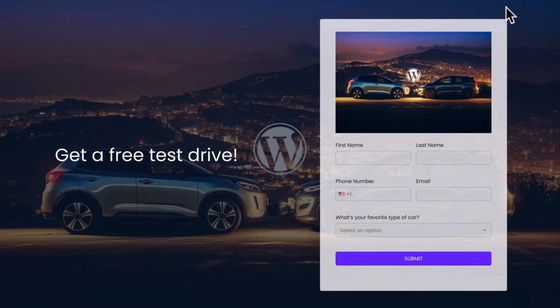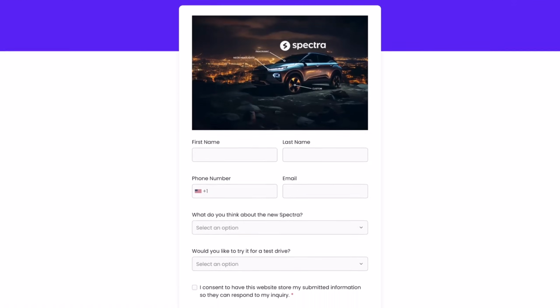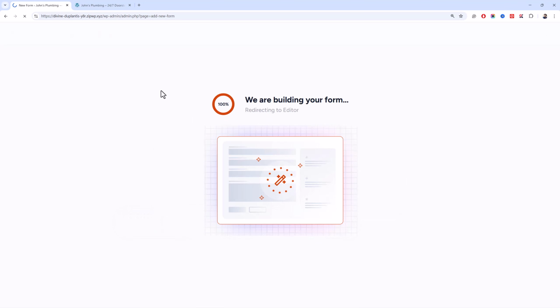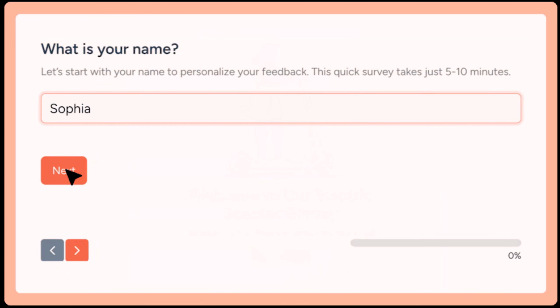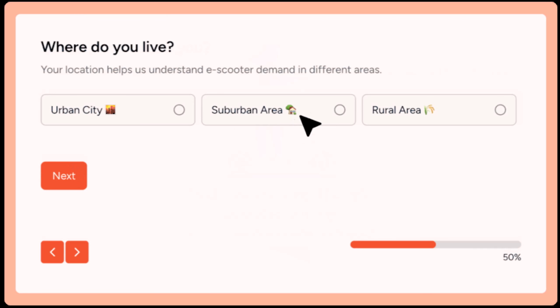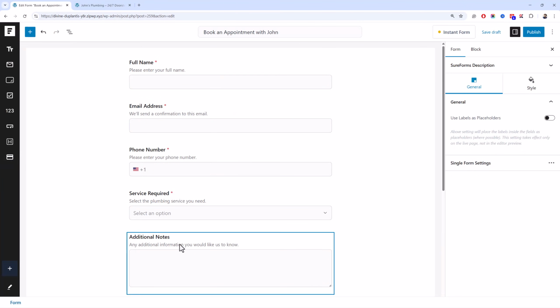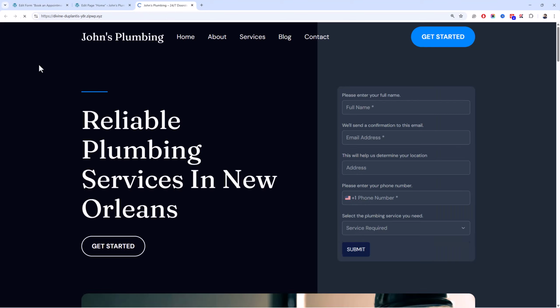It's a WordPress form builder that gives you beautiful designs right out of the box, and it has AI to help you build complex forms quickly. Just describe your form and it will create a complete form within a few seconds. And it even includes conversational forms that keep your users actually engaged. In this tutorial, I'll walk you through everything you need to know to create professional forms with ShowForms.